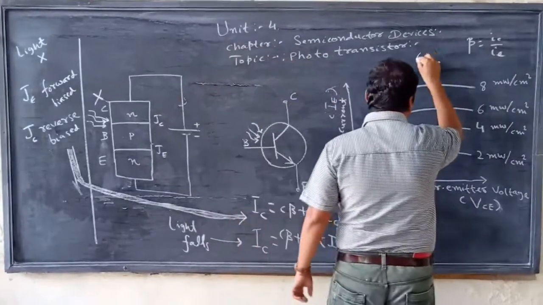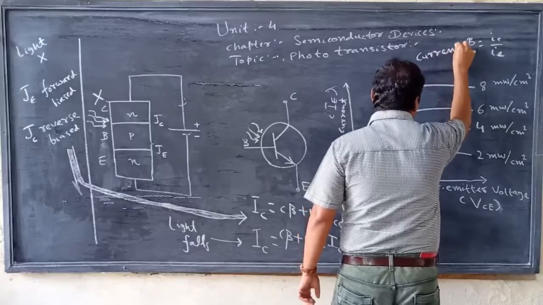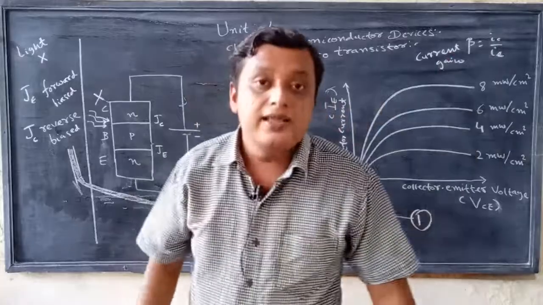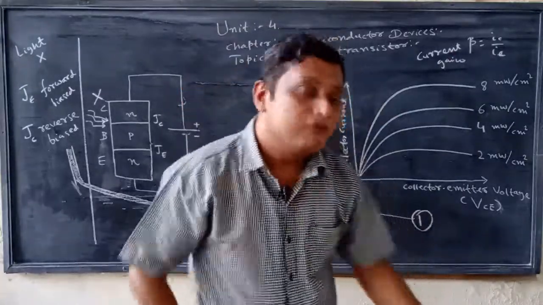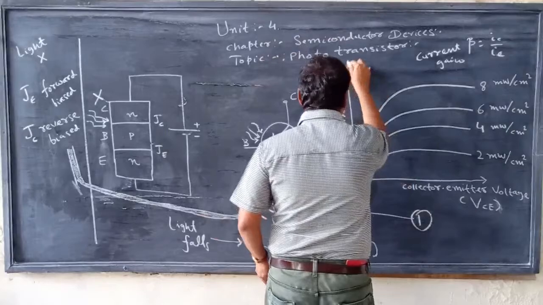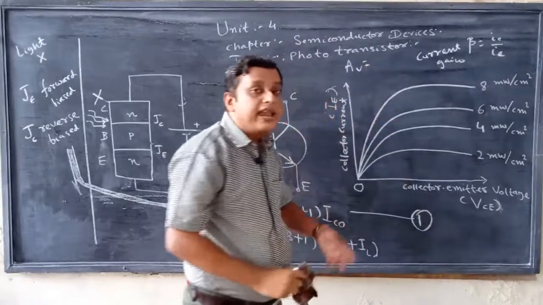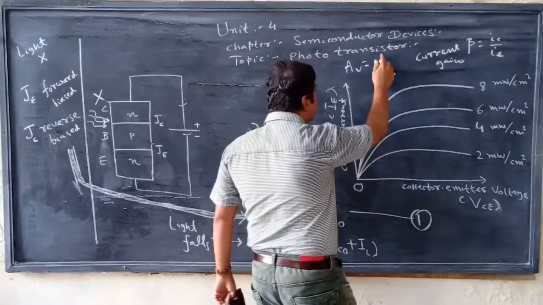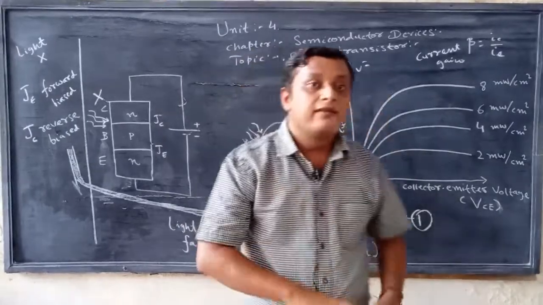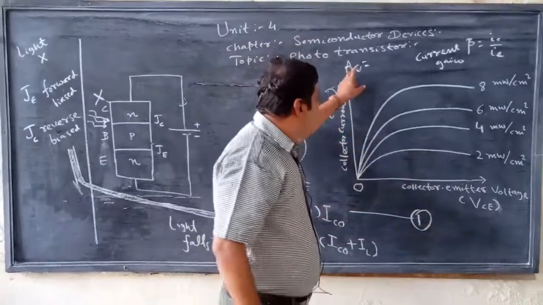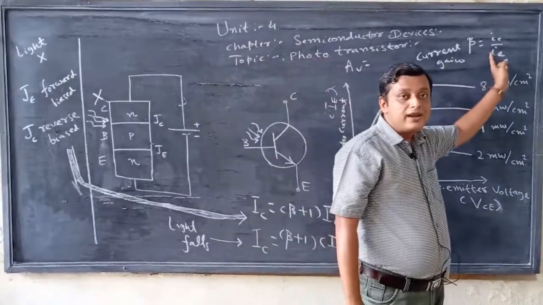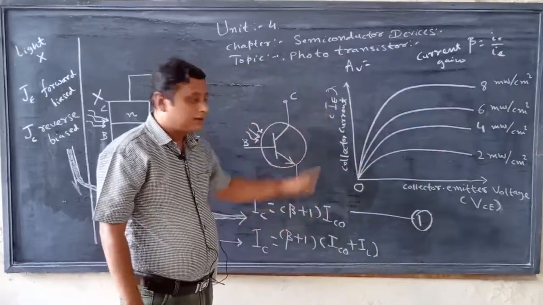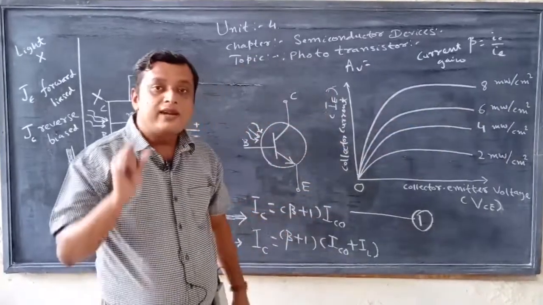Current gain means output current by input current. We know there is also another term, that is voltage gain. Voltage gain is represented by AV. Voltage gain means voltage advantage, that is equal to output voltage by input voltage, VCE by VB. So current gain is represented by beta, this is that term. So whenever light energy is